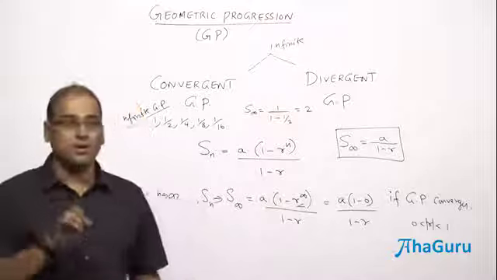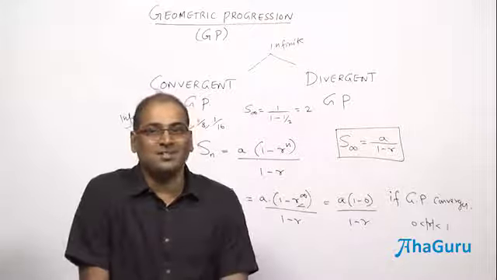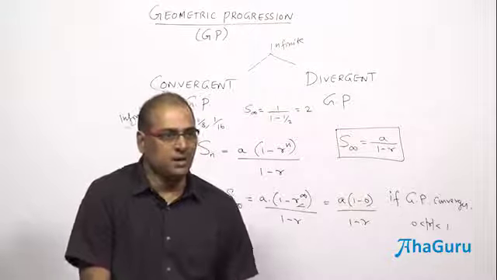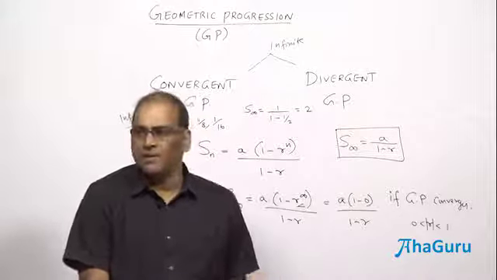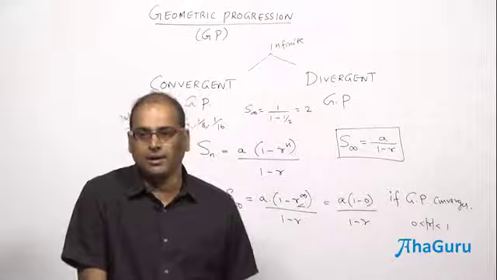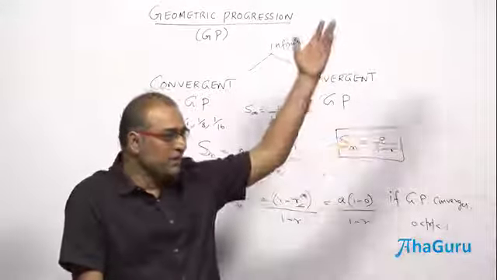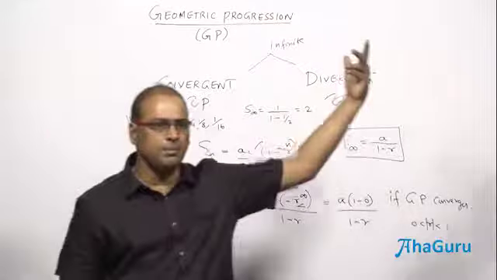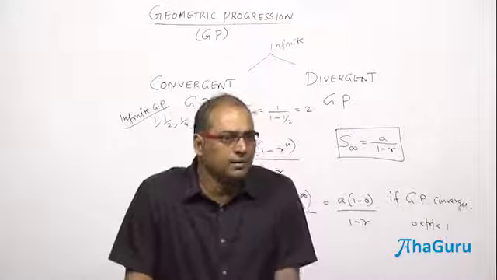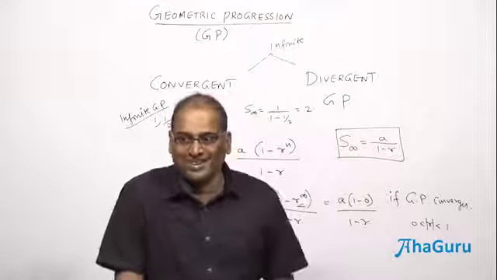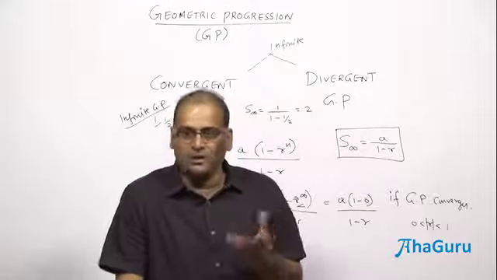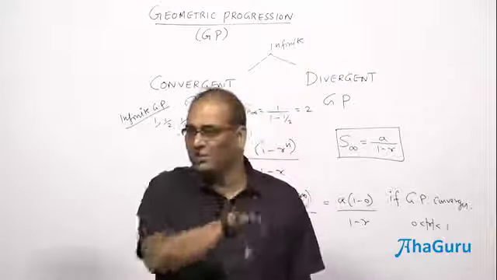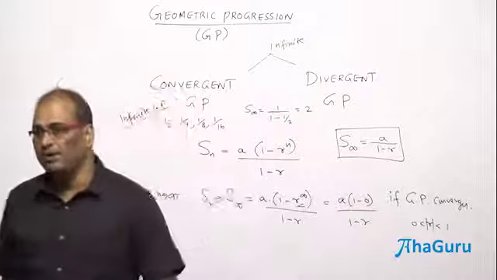But one thing you should be very careful about. What is that? In infinite GP, if it is divergent, what is the sum? Infinity. If you add 1 plus 2 plus 4 plus 8, you can't find the numbers, all the big numbers, there is no ending number. But why is it possible here? Even though you can't find the ending numbers, you know that all of them are converging towards 0. So the vanishing point is happening there. That's why you are able to do that.